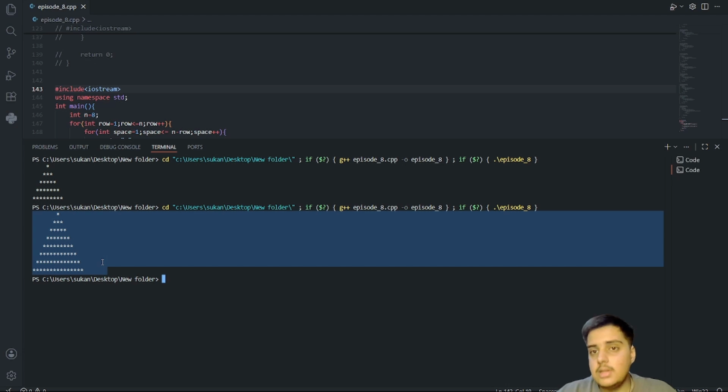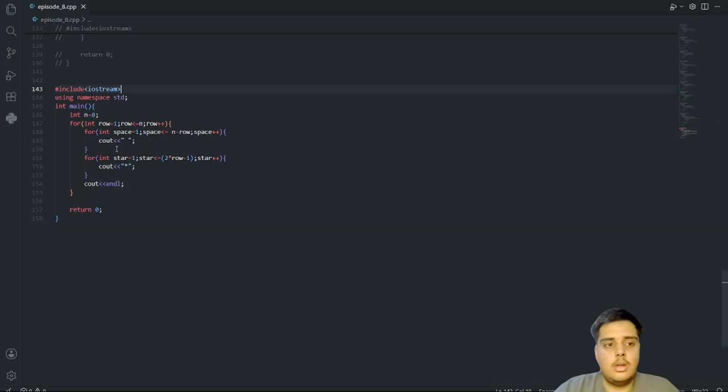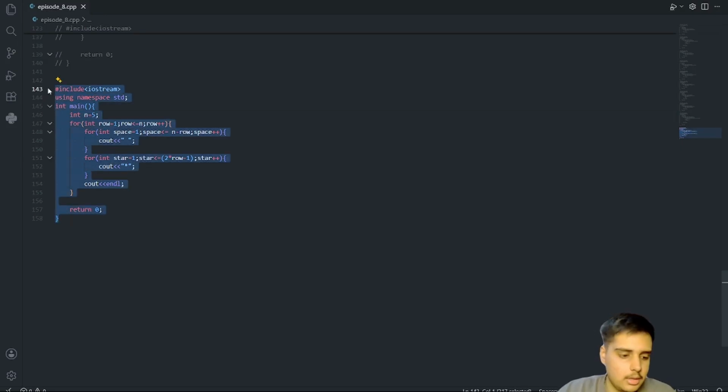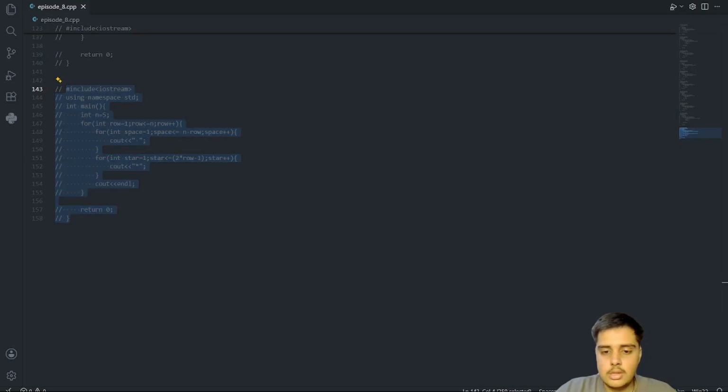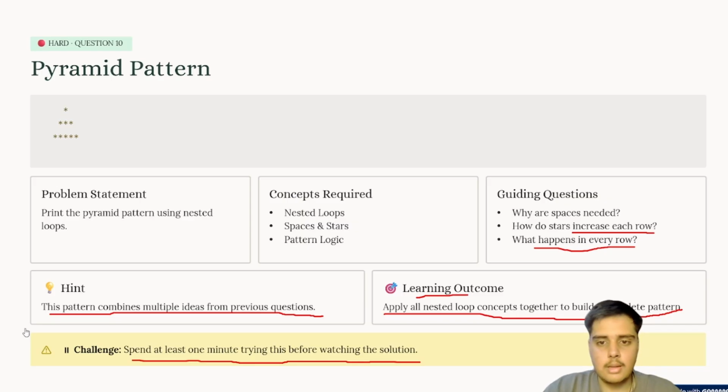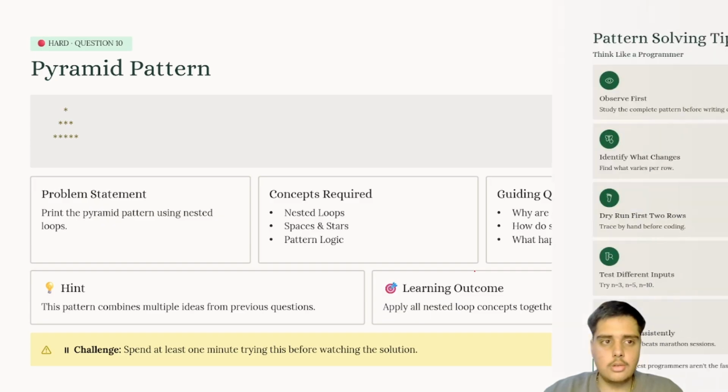See how a single number changed and the whole pattern improves. So yeah, I will take it back to 5 and comment all of it, because it's good for you to understand, and all of this content will be available in the pinned comment section and description also.